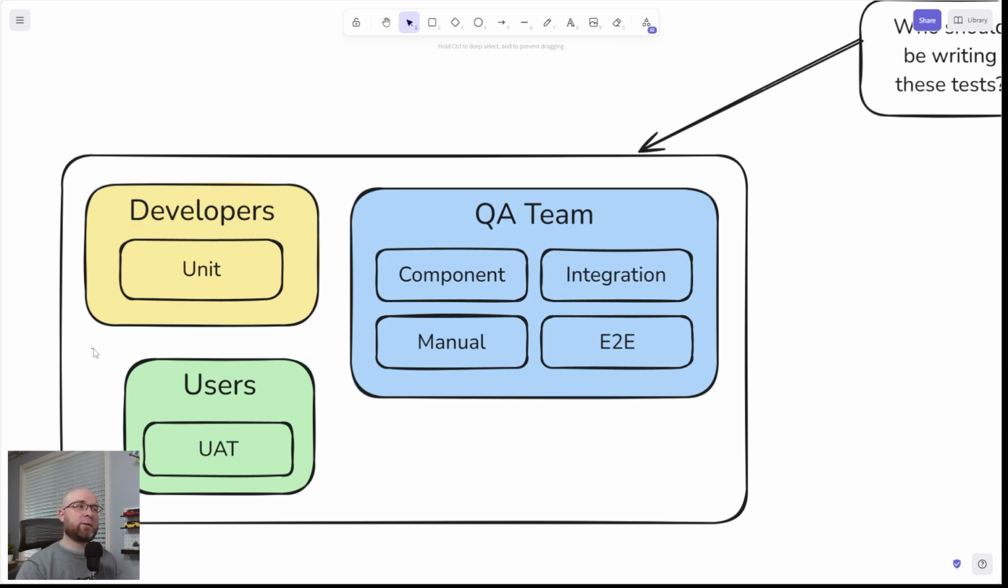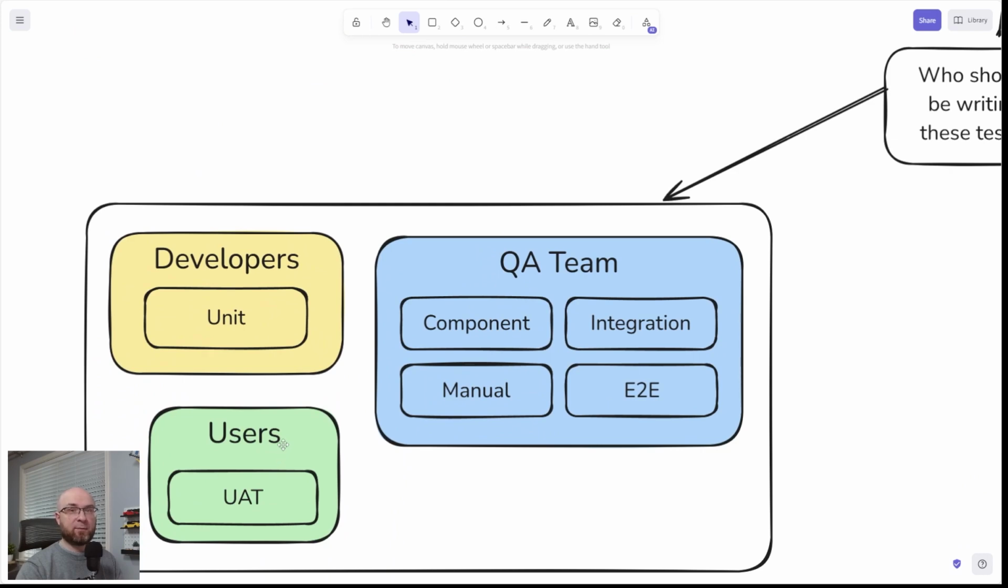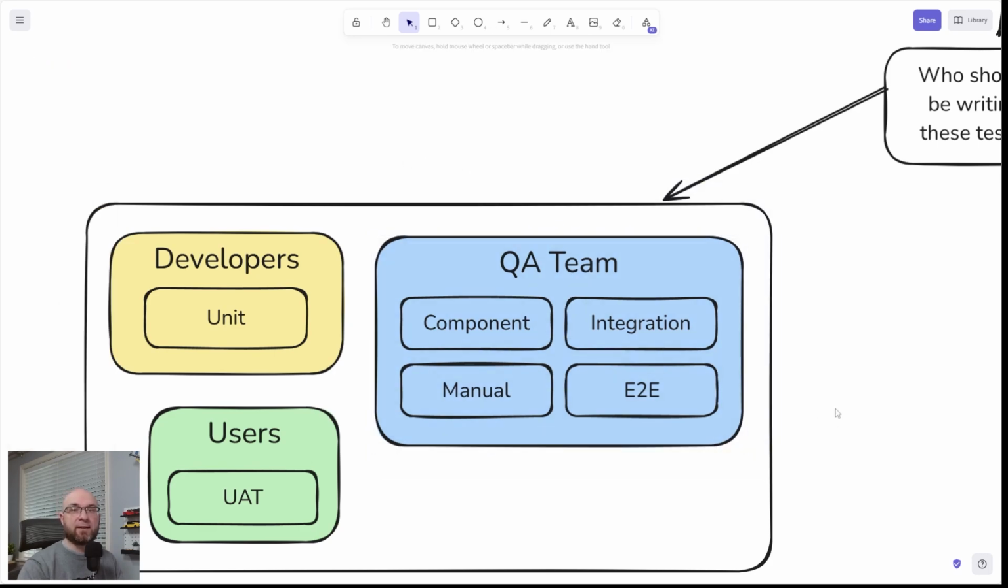And lastly, users will do the user testing. So up here in the alpha, beta, and UAT stage, those are going to be users coming in and testing your stuff. And you're going to have some kind of a form where you're going to ask users to submit issues that they found. But the majority of the testing does happen over here. That's why there is a dedicated QA team